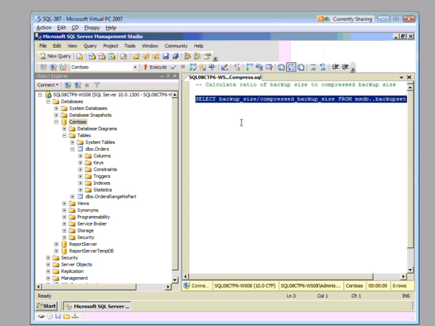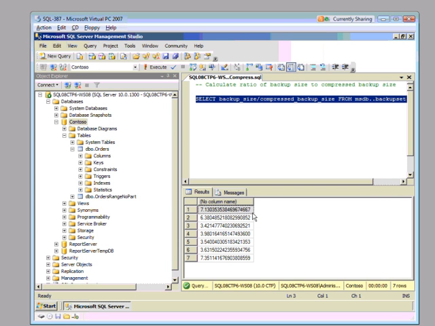All right. So there's a very handy way to check the efficiency of the backup run and to calculate the ratio of the backup size to the compressed backup size. We do this by querying the backup set table. So let's go ahead and run this query. Execute. All right. And as we can see here, we're achieving anywhere from a 7-to-1 compression ratio to a 3-to-1